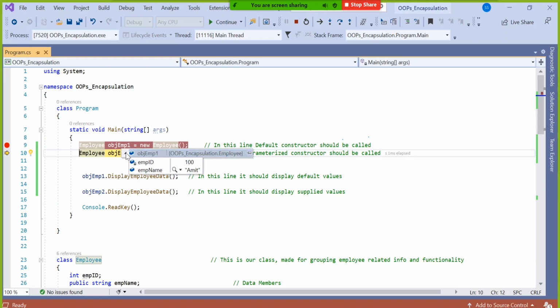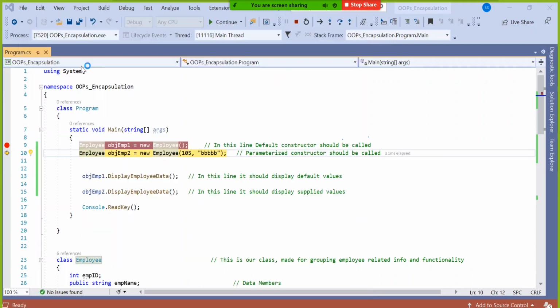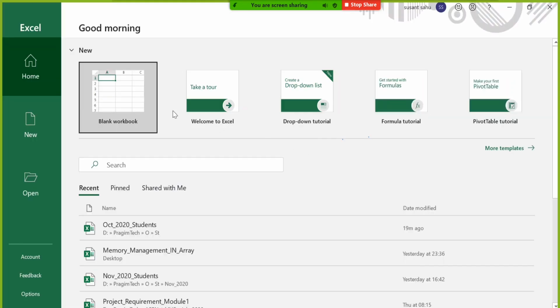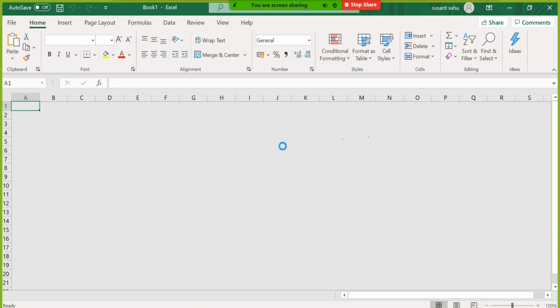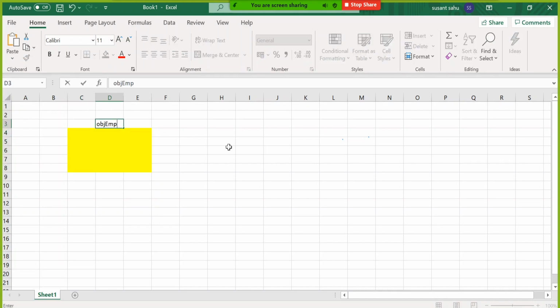If I show this in an Excel sheet for better understanding, I can say it created one object now in the random access memory. Suppose this is your object, and that object name is obj emp1.